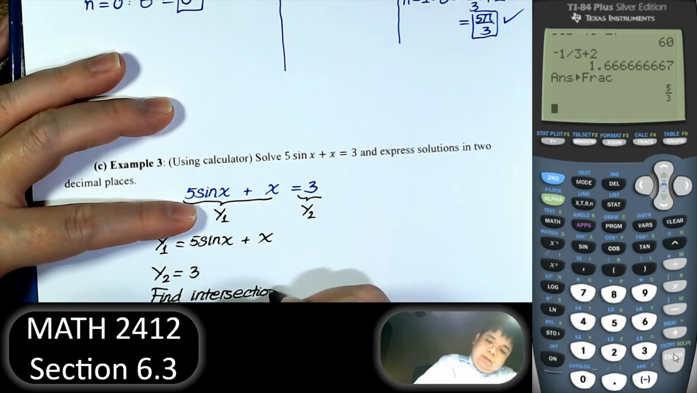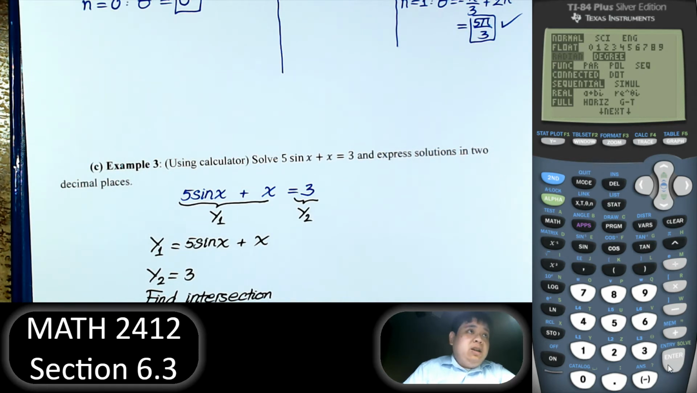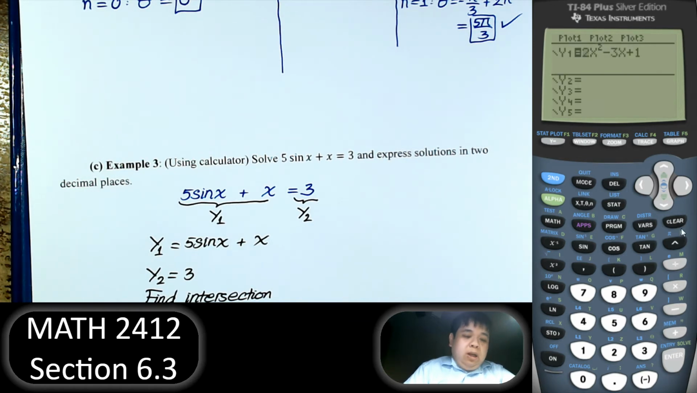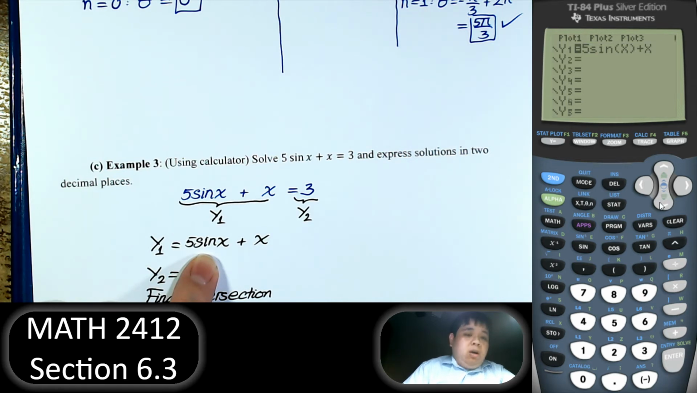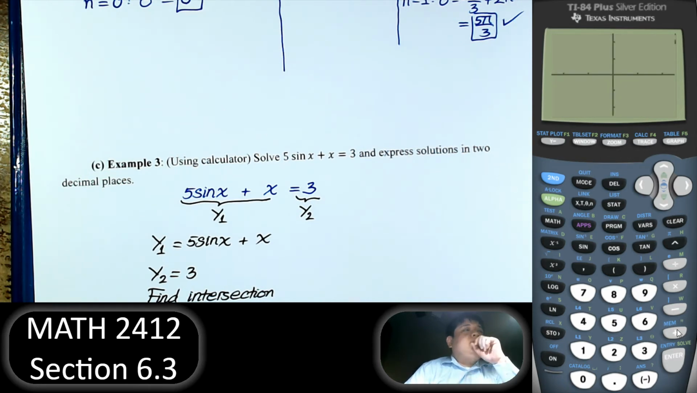Remember, before we do anything, let's change to radian, because if the problem did not specify anything, especially in this case, it should be in radian. Okay, we have radian. Right, y1, enter this function 5 sine x plus x. Y2 is 3. And the intersection is second trace, go down to intersect. If we don't see this, let's zoom out, or standard window is zoom number 6. So I have the graph like that,